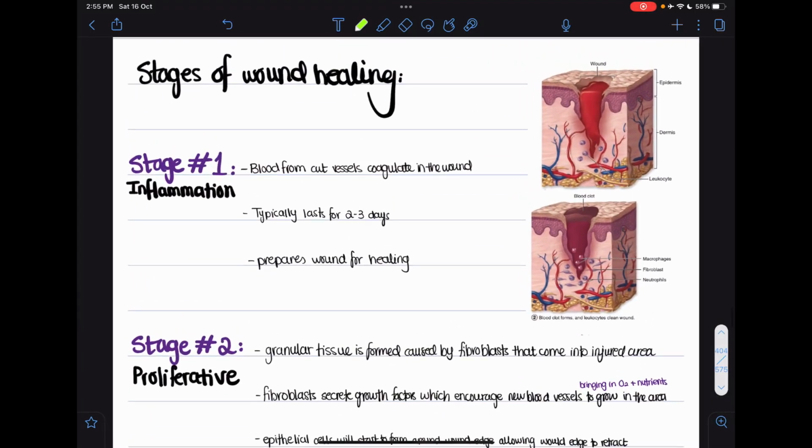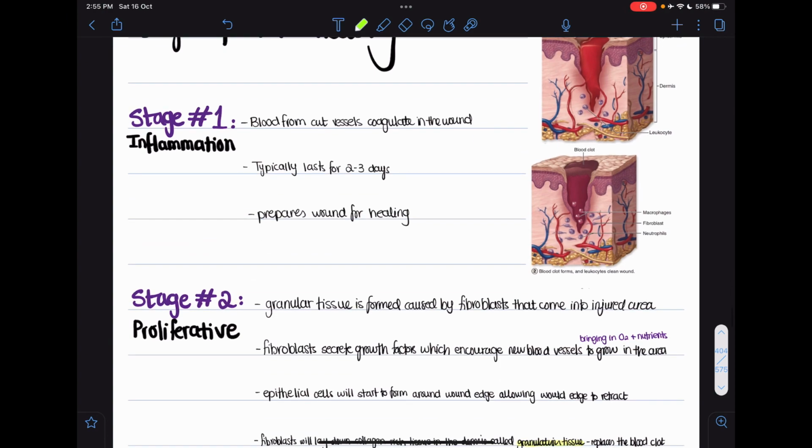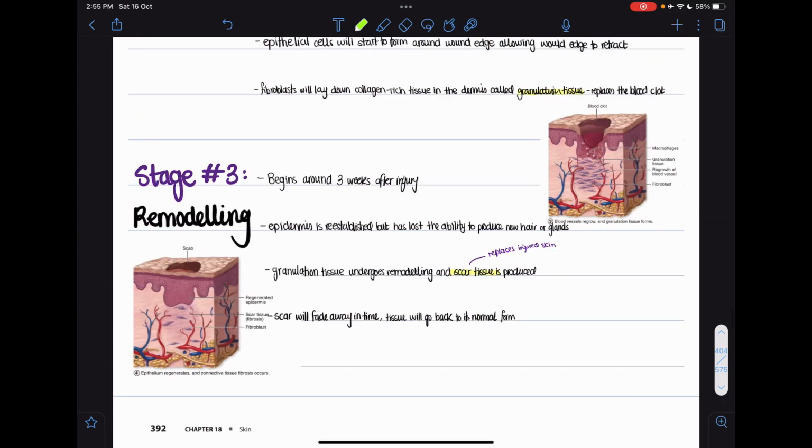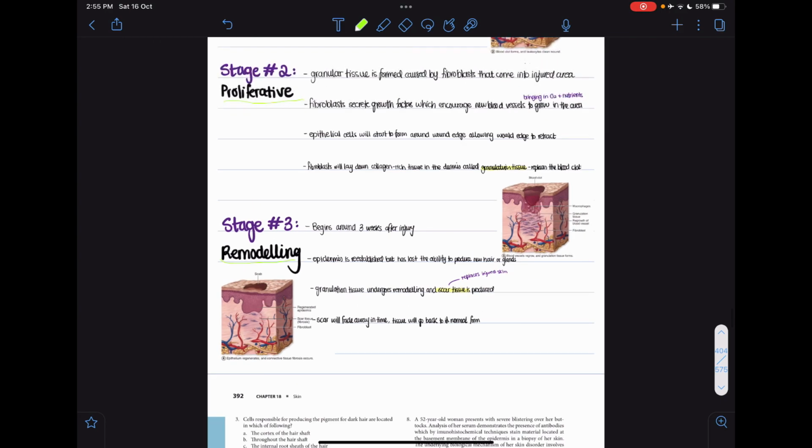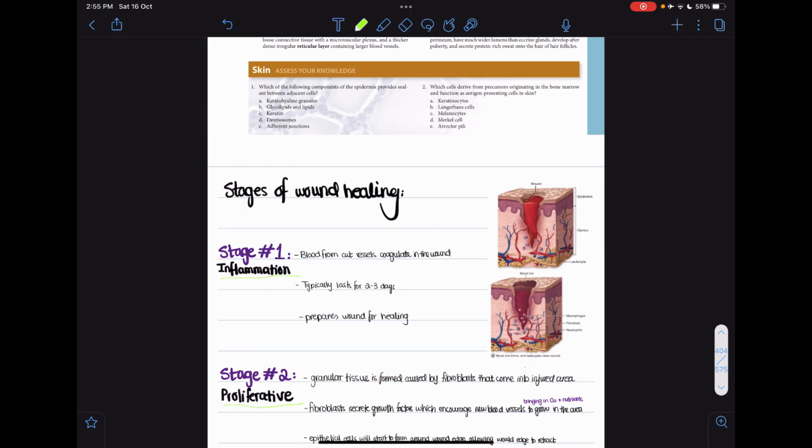The stages of wound healing, we have 3 stages. This is stage number 1, which is the inflammation stage. Stage number 2 is the proliferative phase, and stage number 3 is the remodeling stage. The first stage consists of